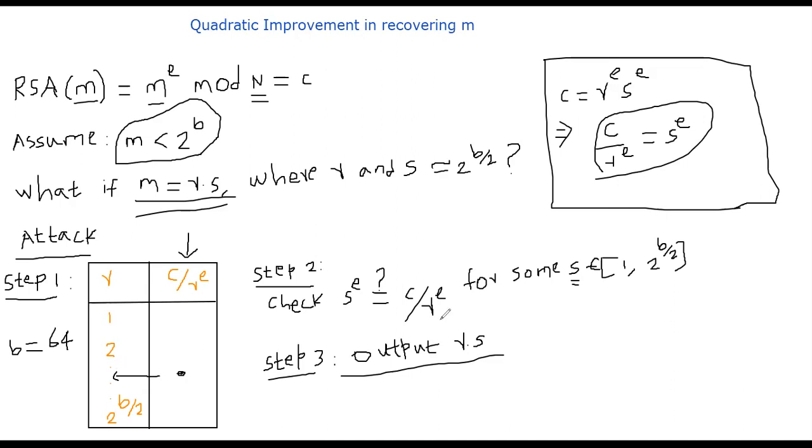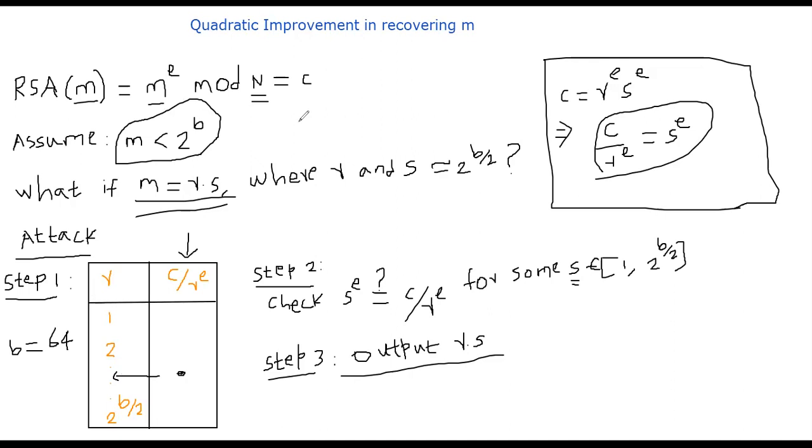That's how I implemented it. It's much faster than trying all possible M's. Of course, this attack will only be meaningful if the RSA is used without any padding. Nevertheless, I will show to you that this attack is going to be useful even if there is some padding. In the next segments, I will talk about that.